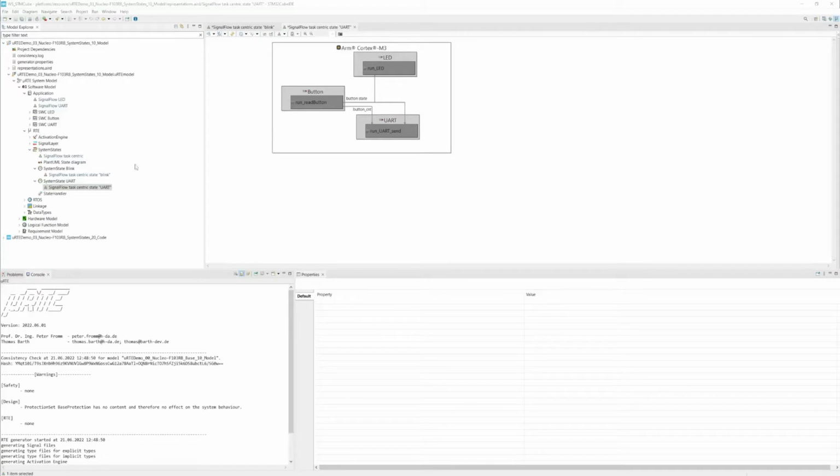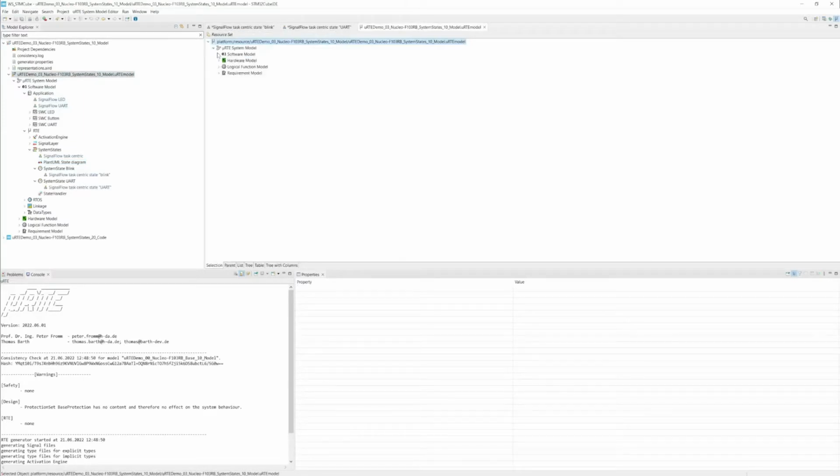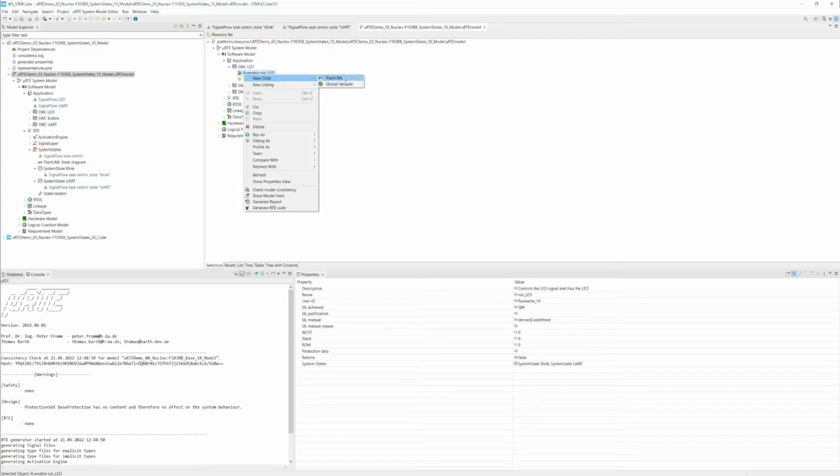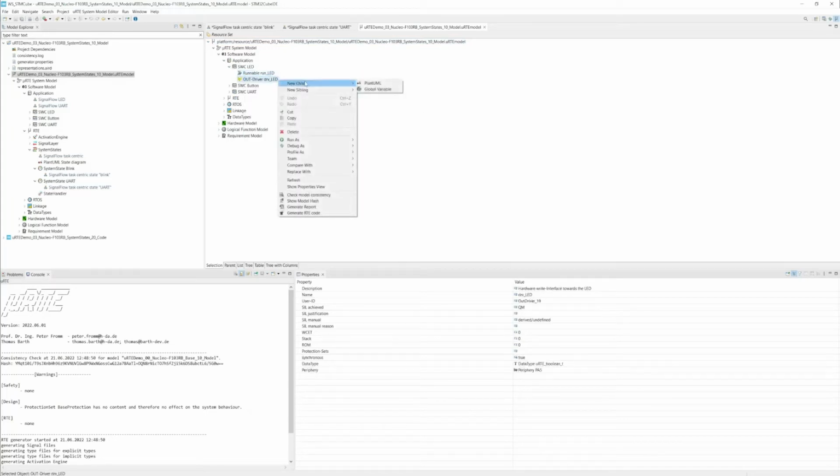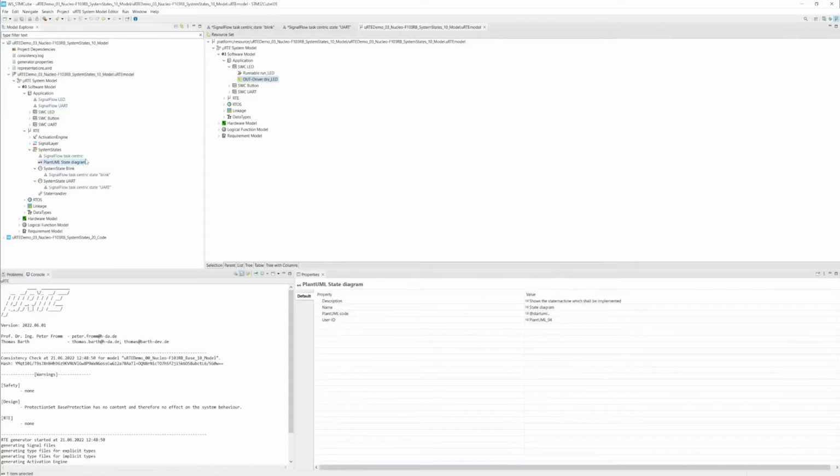One last feature I want to show is the use of PlantUML diagrams. There are multiple locations throughout the system or throughout the model in which you can create such diagrams. So for example, for all the software functions, but many more. And I want to briefly show this for the example of system states. So here such a diagram has been created. It has a name and a description, and it has its